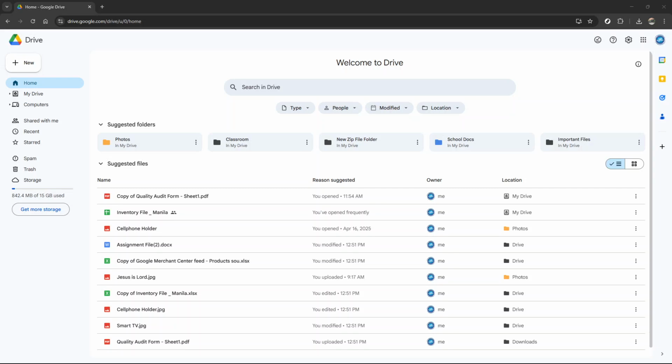In today's video, I'm going to teach you how to share files on Google Drive. This simple and effective way of sharing will make collaborating with others a breeze. Let's dive right in. To start, you need to head over to Google Drive, open your preferred web browser and